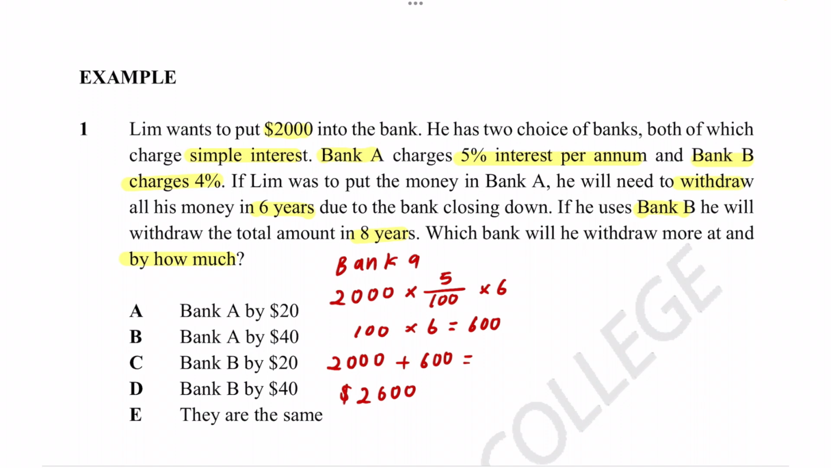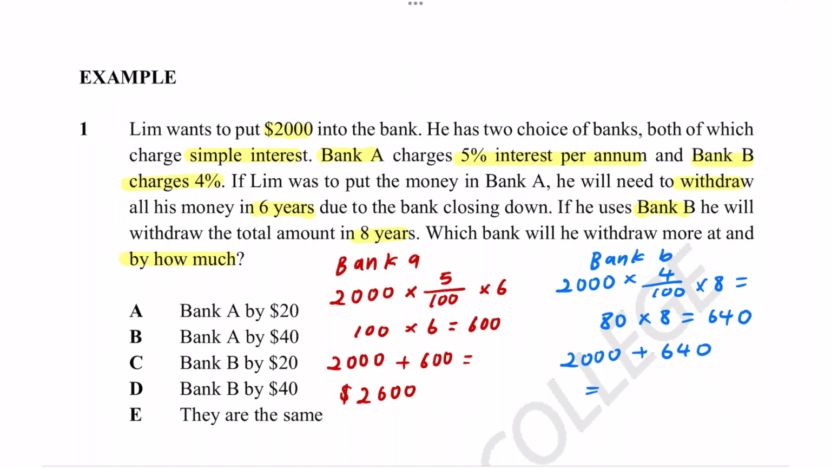Now, let's do Bank B. So, Bank B also starts off with $2,000. We times by 4 out of 100 because of the 4%, and then we times by 8 because he's allowed to put it for 8 years. To calculate this will be 2,000 divided by 100, which is 20 again, and then 20 times 4 would be 80. And then we times by 8, which equals 8 times 8 is 64, and then we add a 0 at the end. So now we can add 2,000 plus 640, which will finally give us